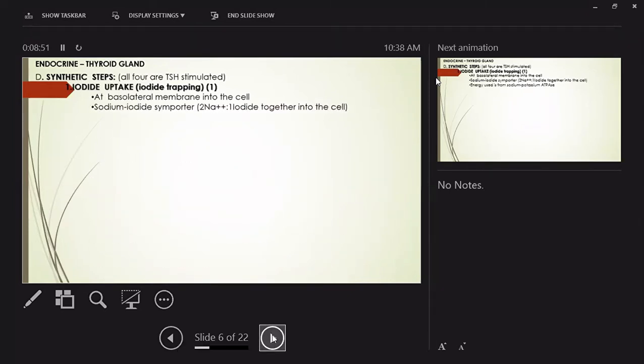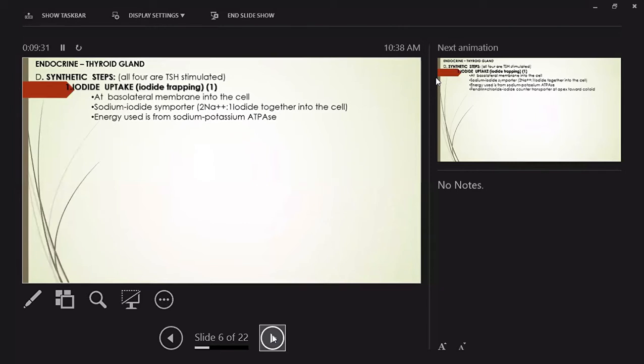The sodium iodide symporter, 2 sodium to 1 iodide. They go together into the cell. Sort of, the iodine rides with the sodium. The energy used is from the sodium-potassium ATPase. The energy to take up the iodine, to trap the iodine from the outside